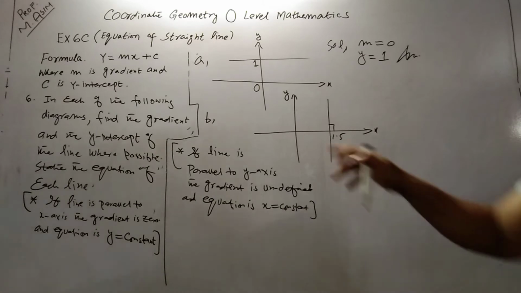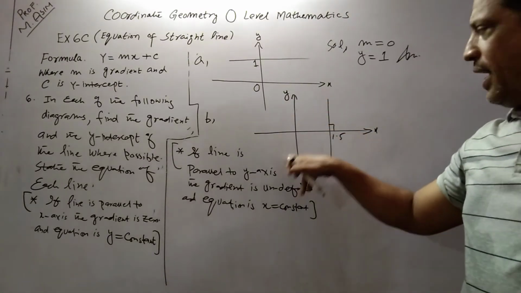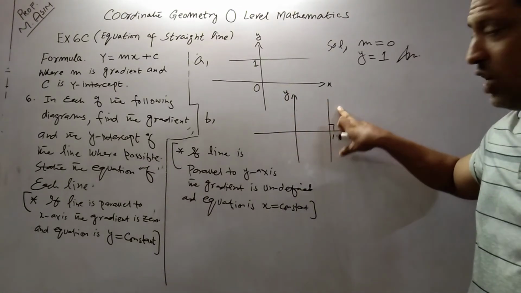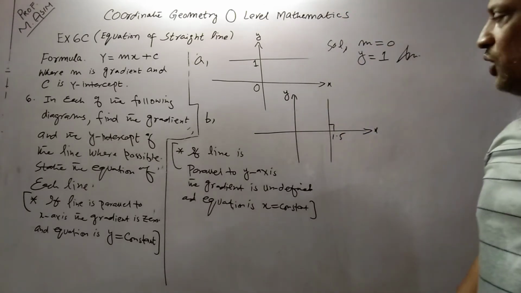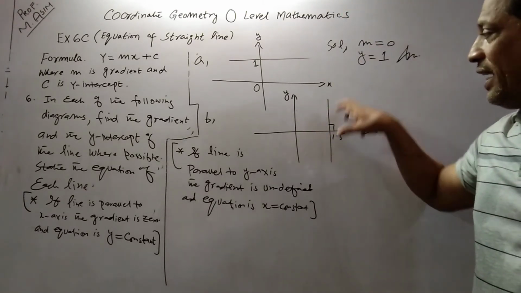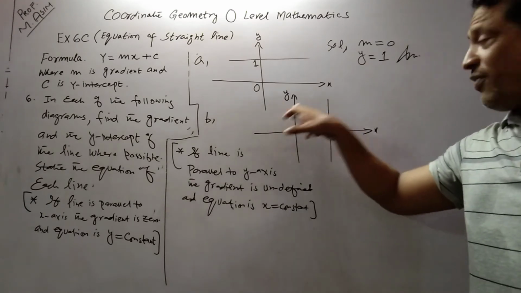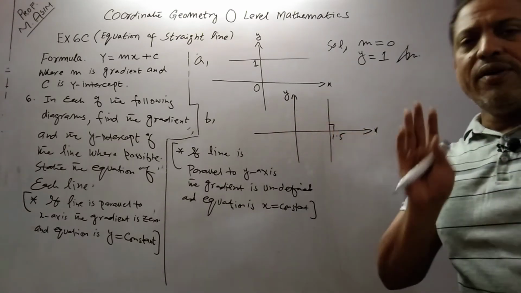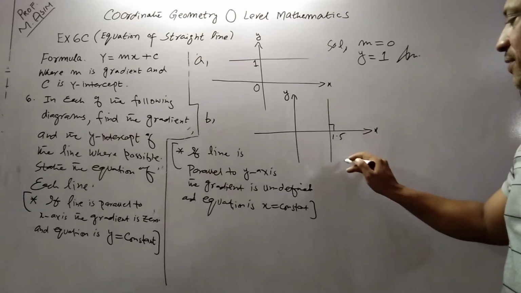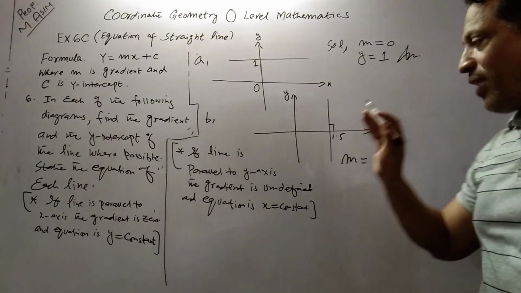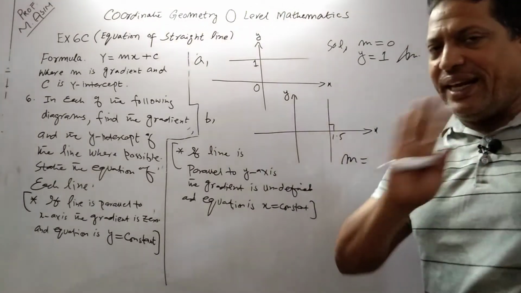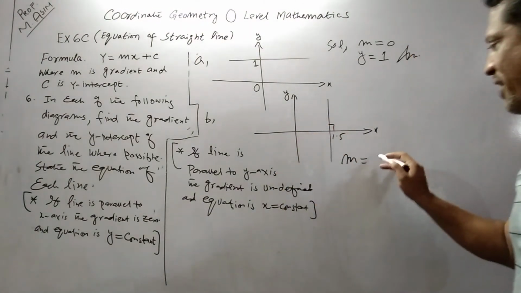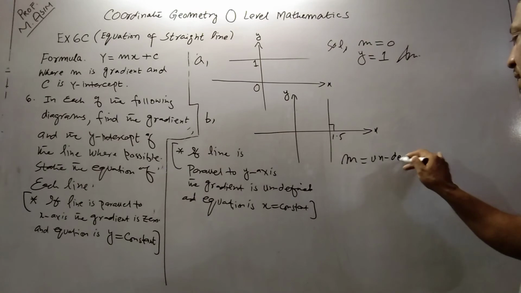y-axis, see this is your y-axis and this is our required line. So if I extend this line in either direction, this line cannot intersect the y-axis, therefore this line is parallel to y-axis. So if the line is parallel to y-axis, the gradient is undefined, we cannot find the gradient, so we just write gradient is undefined.